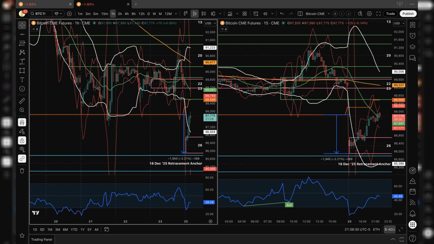As price approached a familiar structural area, the pace of the decline began to change. The sell-off did not stop precisely at the December 18, 2025 U.S. session retracement anchor high. Instead, price pushed slightly above that reference, remaining below it for a brief period rather than bouncing immediately. During this overshoot, price traded on both sides of the prior U.S. session reference rather than rejecting it instantly. This behavior matters because it shows that the level was tested through time, not just through price.